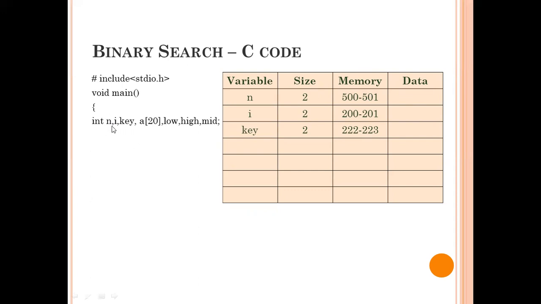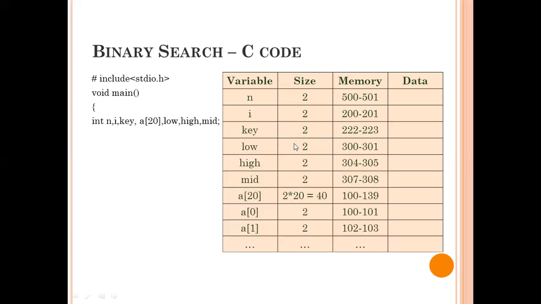So now for n, i, and k, the space is allocated. And here, what happened? A of 20. A of 20 means 20 integer values have to be allocated in a sequential memory location. So the space needed is 2 into 20: 2 for integer type and 20 integers. So totally we are allocating 40 bytes of memory from some random memory in a sequential position like this. And then we have used 3 variables, low, high, and mid, all of integer type, allocated somewhere in the memory. So this is how the memory for arrays actually looks. Array of 0 is stored in 100 to 101 somewhere.